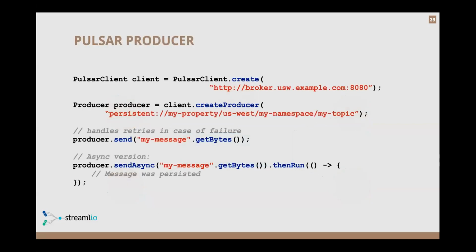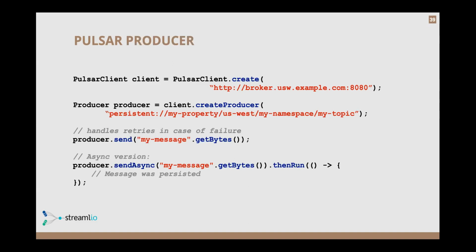So let's look at a very simple scenario for getting data in. Again, the Pulsar client creation couldn't be simpler. You basically point it to the broker URL. You create a producer based on that client, saying this is the specific topic I want to write to. And then you just start writing messages. Underneath the covers, retries are handled automatically for you, so you don't have to catch any sort of networking exception within your code itself. The send API right there handles all that for you and just sends the messages. You can also, that's the synchronous version.